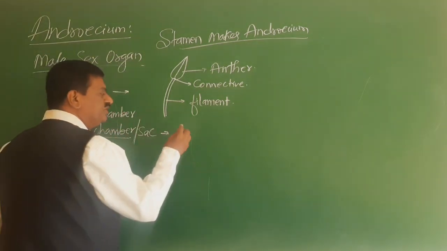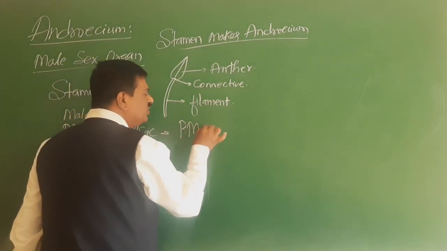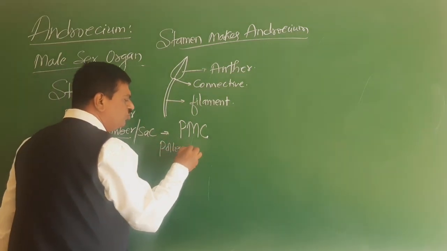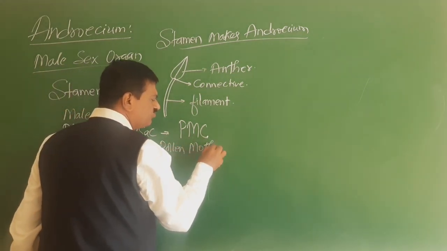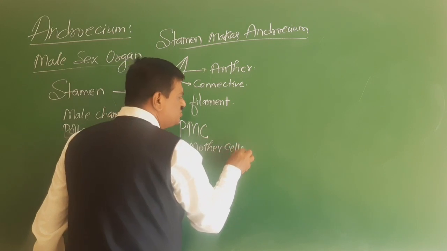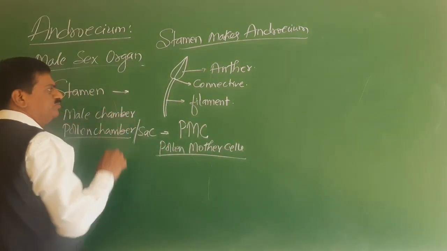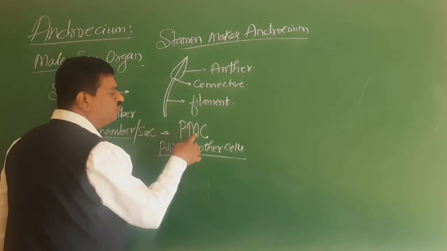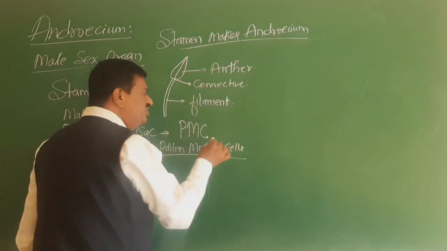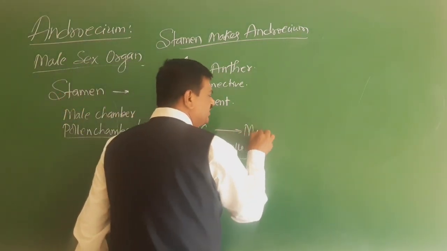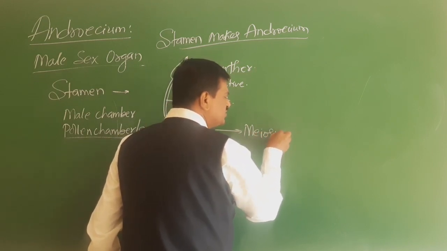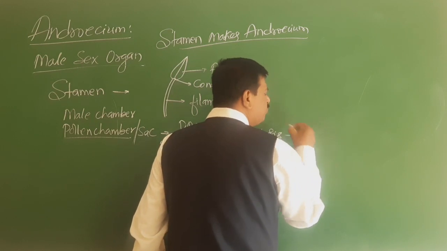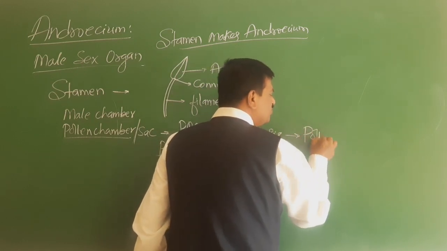Initially, there is a presence of pollen mother cells inside the pollen sac. These pollen mother cells undergo meiosis, called reductional division, and this produces spore tetrads, or we use the word